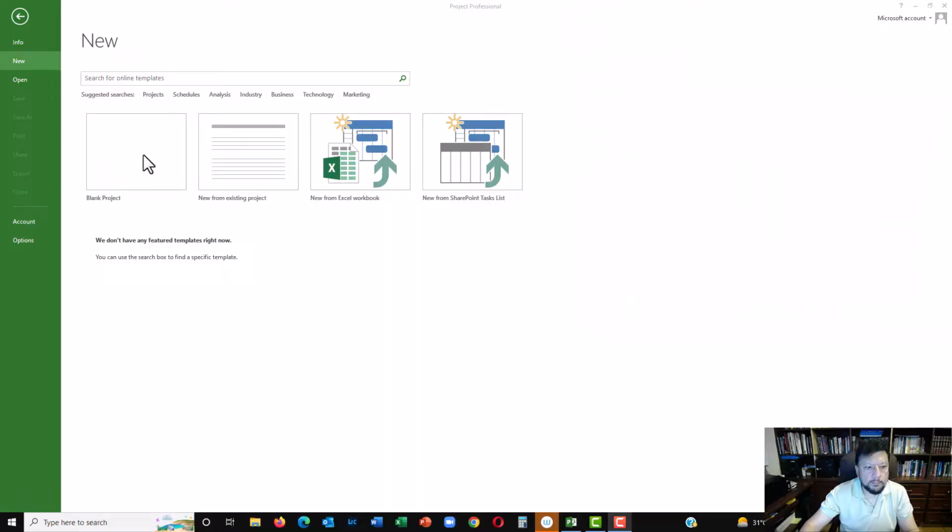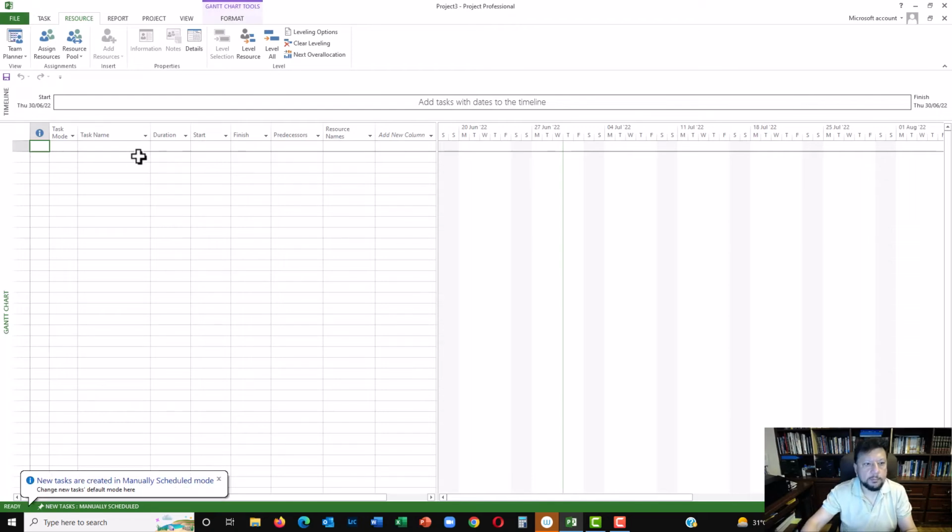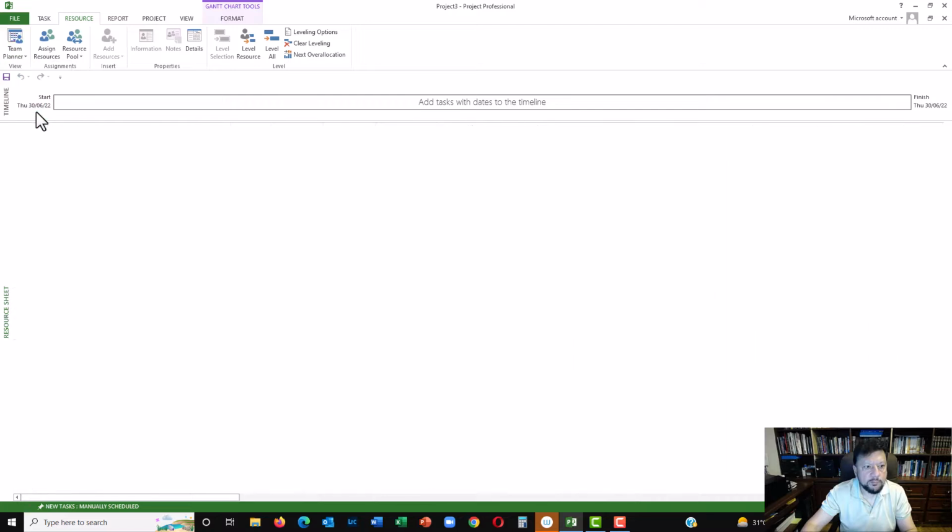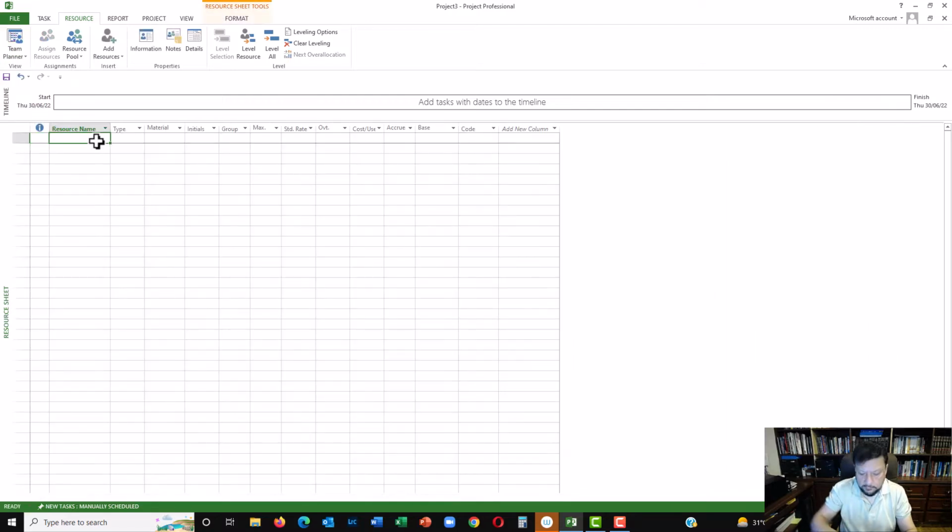Okay, so we're in Microsoft Project. Let's start with a blank project, and I'll first go to the resource sheet and create a resource called labor. Since I'm going to be using 4 of these, let me set up the rates for it. So let's say the standard rate is 100, the overtime rate is 200,